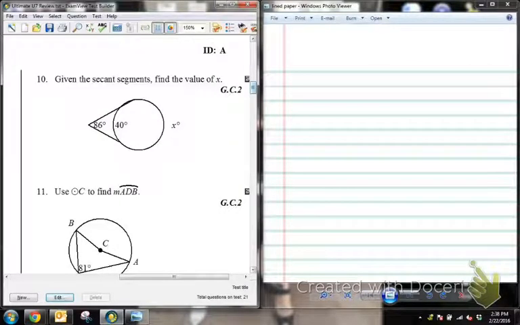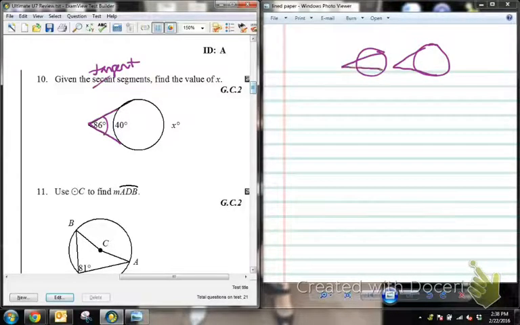In number 10, there's one typo. It says given the secant segments, so this should actually say tangent segments, because this line and this line are tangents to the circle. It says given those tangent segments, find the value of x. And this is a pattern where this angle that's created here, this angle 86 degrees, is outside the circle. And you might have seen a different formula for it, but when you have an angle outside the circle, whether they're made by tangents or by secants or by one tangent and one secant like that,